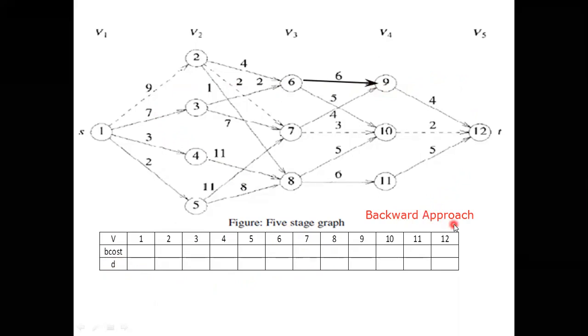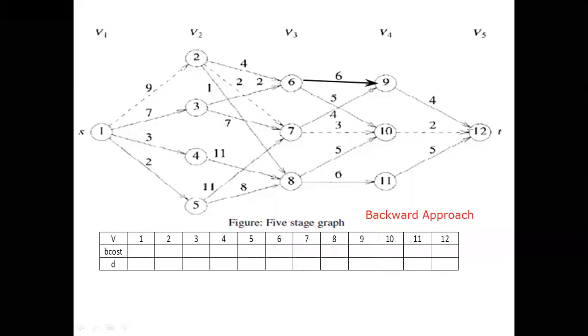In the forward approach, what approach we used, its opposite approach we are going to use in the backward approach. If I combine or compare both, you will get a clear idea. What was the forward approach? Forward approach means we have to solve from the last to the first vertex. That was the forward approach we used. And what is the backward approach? Backward approach means we have to start with the source and solve up to the sink vertex.